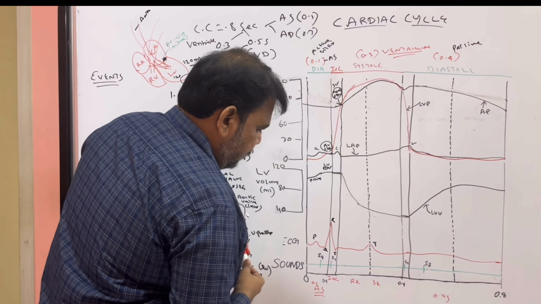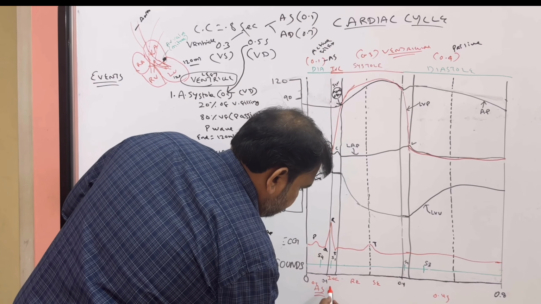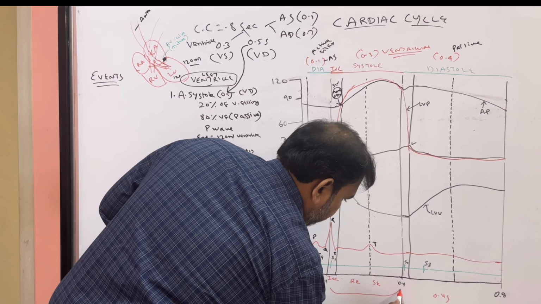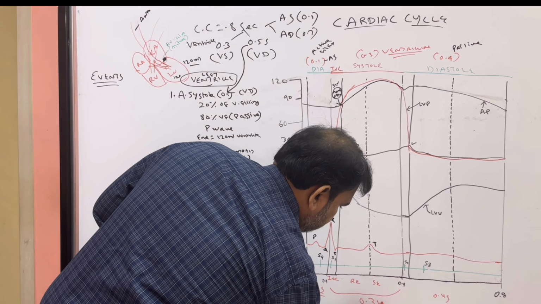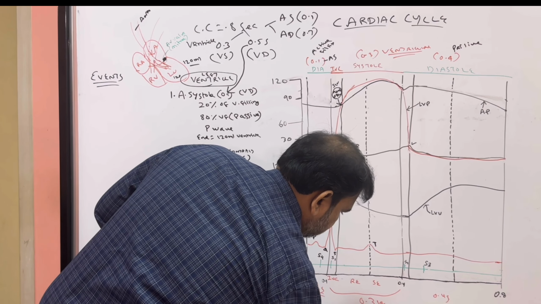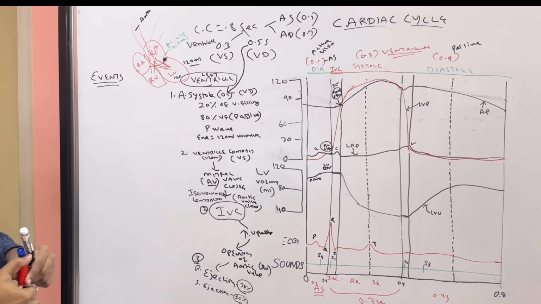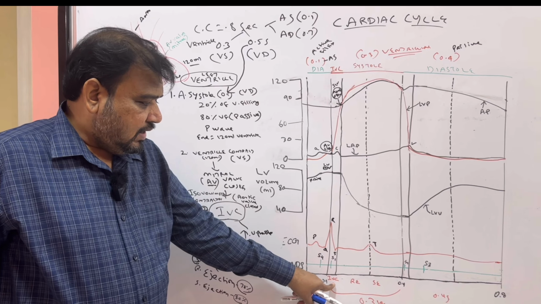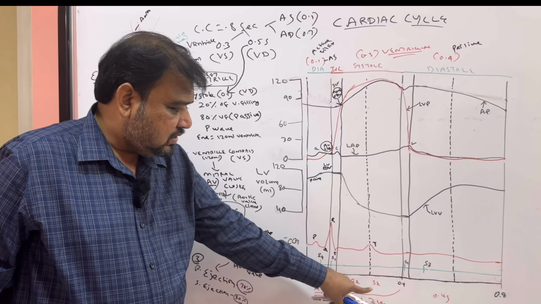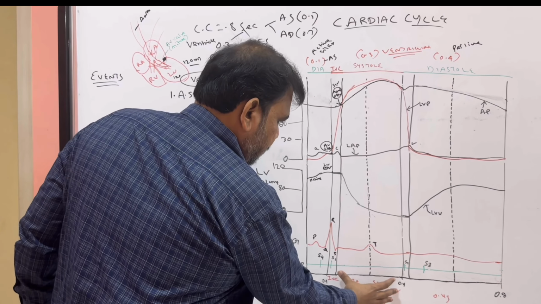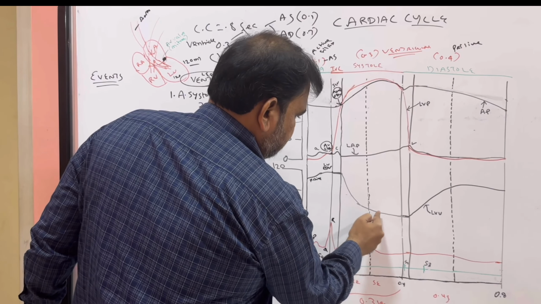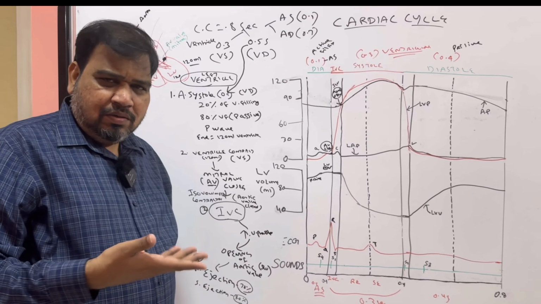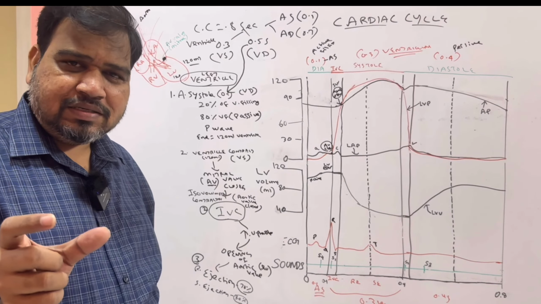We have finished, and we all know this 0.1 to 0.4 is 0.3 second, which is ventricular systole. So ventricular systole includes isovolumetric contraction phase, rapid ejection phase, slow ejection phase. During ejection phase ventricular volume is decreasing. Now you tell, during isovolumetric contraction phase